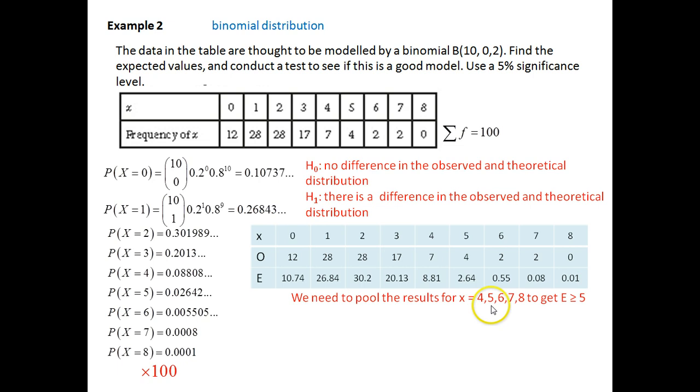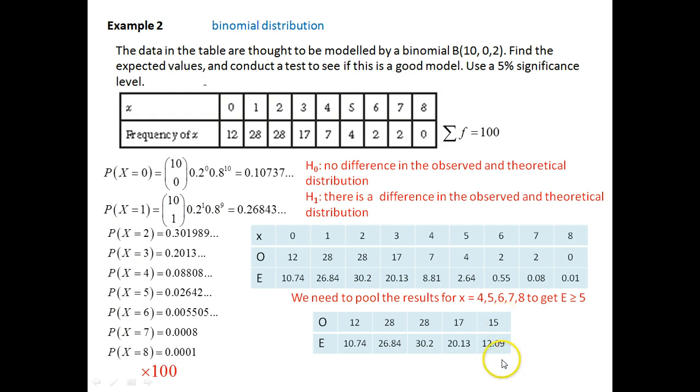We need to pool the results, as we can't have expected frequencies less than 5. Even if I add the 5, 6, 7 and 8, I still wouldn't get 5, so I need to add them to the 4, and then we get 12.09 for the expected value for 4 and above. Add the observed frequencies as well, and I get 15. So I have those values for the expected frequencies, and those for the